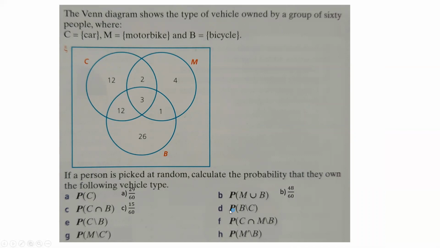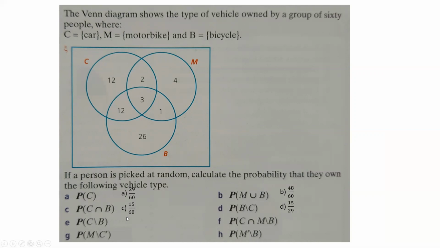Okay. All right. And then D. Look at D. D means the probability of B given C. That means I only need to focus on the category C here. And then from this category C, which one belongs to B also? So that means you only have these two. These two belong to B also inside C. So you have 15 out of the total of C only. Don't care about 60 now because we only consider C. Then from C, only 15 also belong to B. So that will be 15 out of 29, because when you add C, 12, 24 plus this is 29. So the total is now only 29.